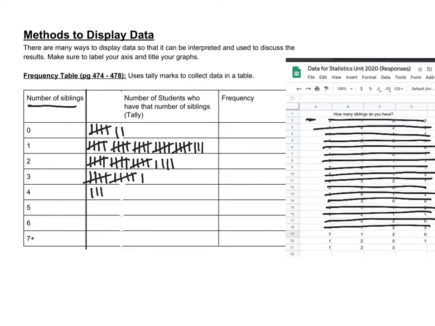Ooh, we have a 7. 1, 2, 0. Okay, and then 1, 2, 0, 1. And 1, 2, 3. Okay, so now that we have our tally marks in there, we're going to just count